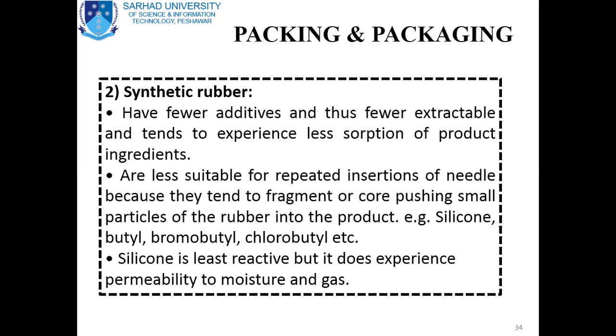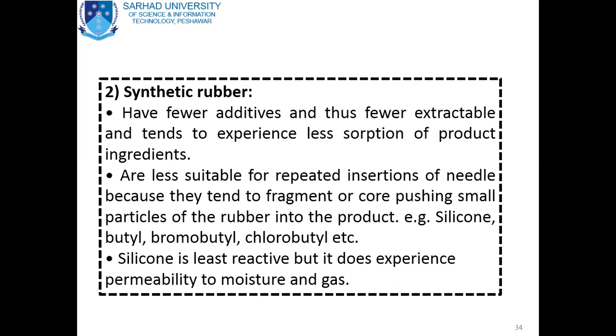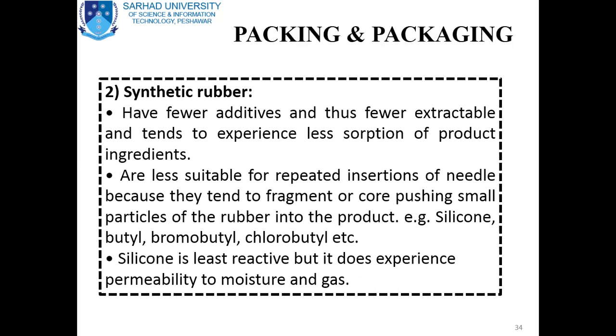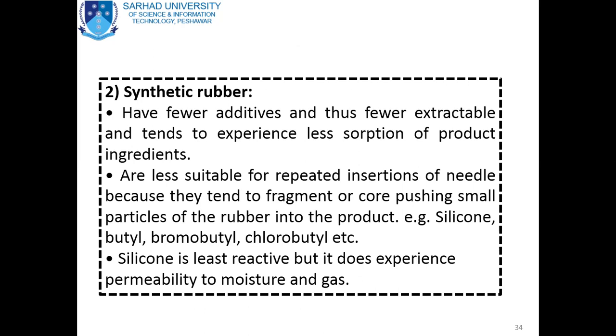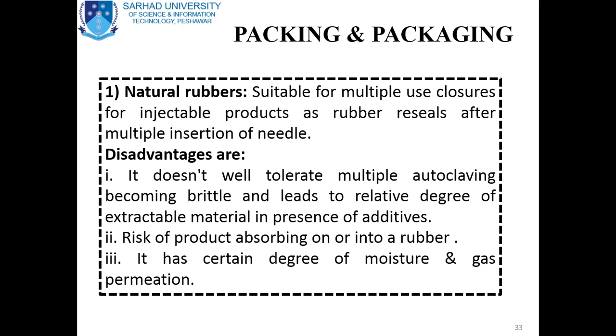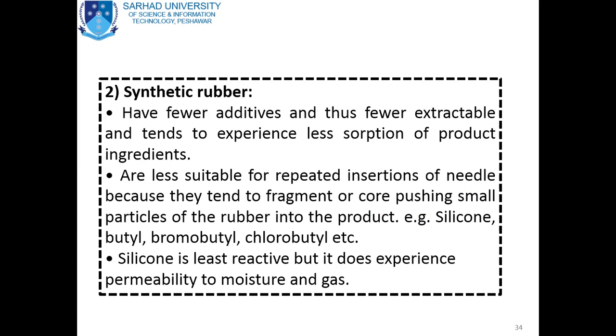The second one, that is the synthetic rubber, has fewer additives and thus fewer extractables and tends to experience less absorption of product ingredients because it is of synthetic origin. In the first one, due to multiple autoclaving, the rubber becomes brittle and leads to relatively more extractable material in the presence of additives. That is controlled in this synthetic one,